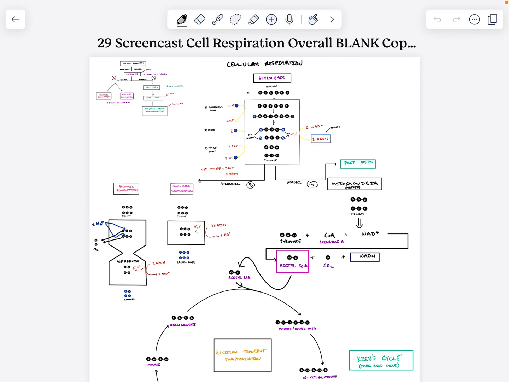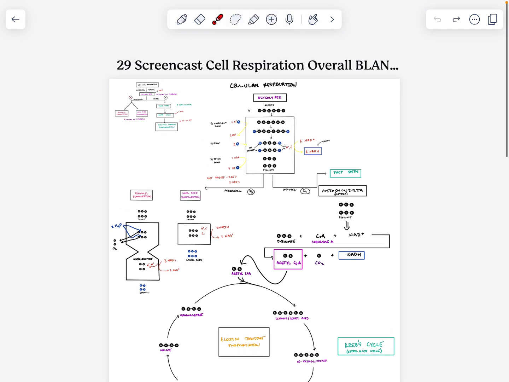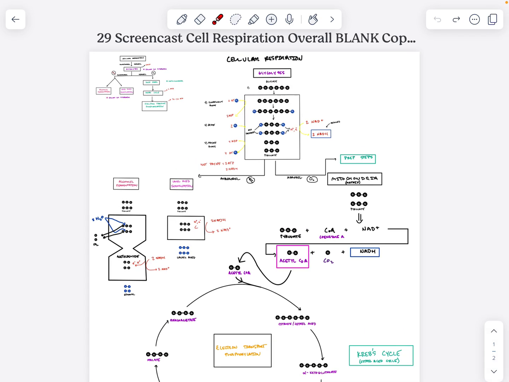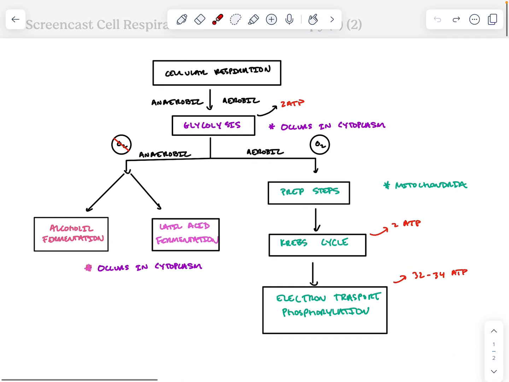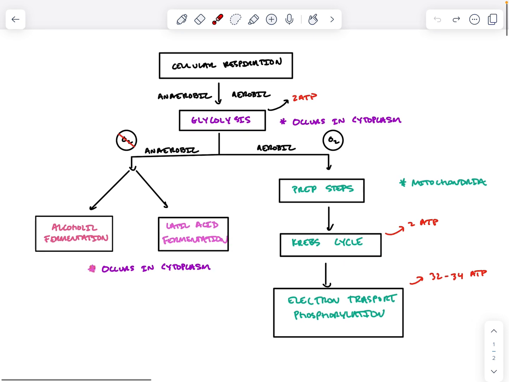Okay, Team Bio, I realize these notes are getting a little crazy, and I apologize. Maybe I should make them less hectic. It's a trade-off between trying to put all of the information that we've studied out here for you so you can see the connections, and also simplicity. So I've chosen hectic over simple, but hopefully you're going to see how it all connects